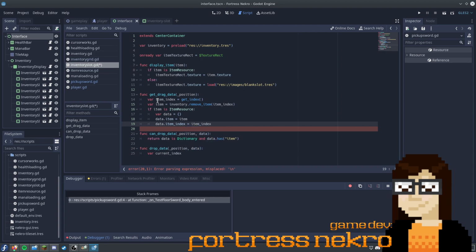Now you could just return data here, but it wouldn't show anything when you were dragging the item around. The item would be there, but it wouldn't visually show anything. So how are we going to visually show something? Well,